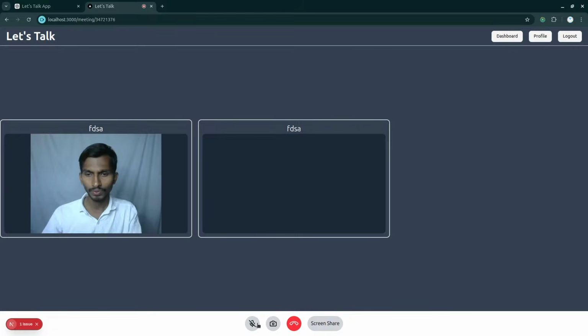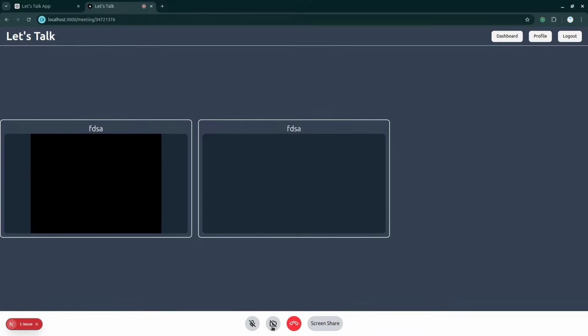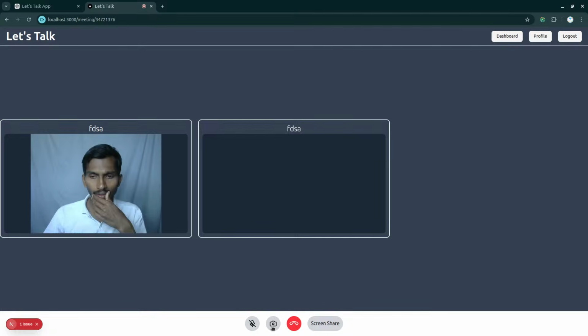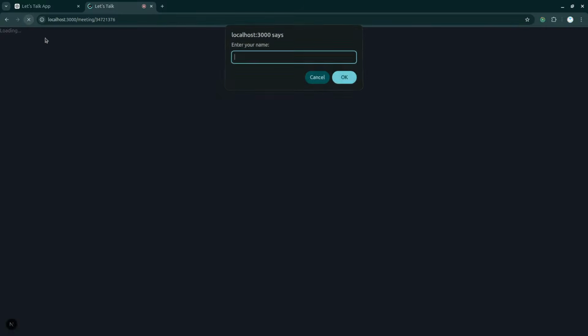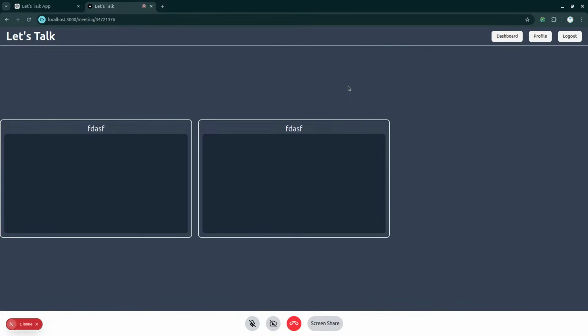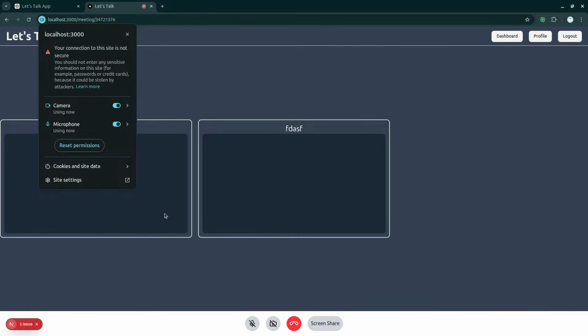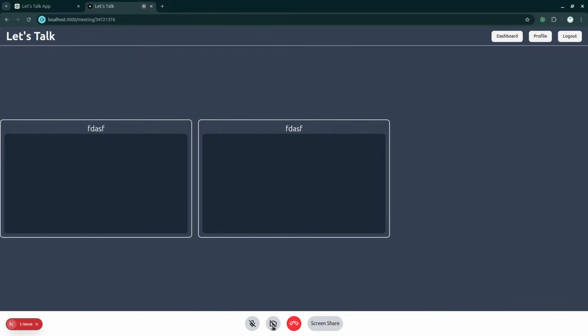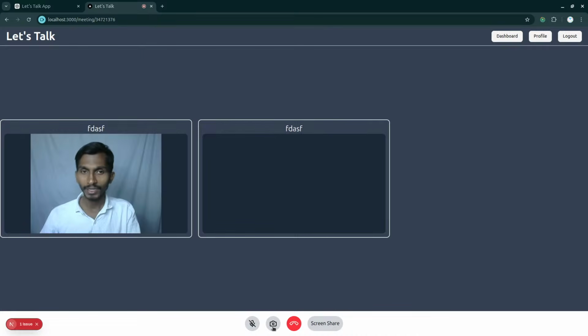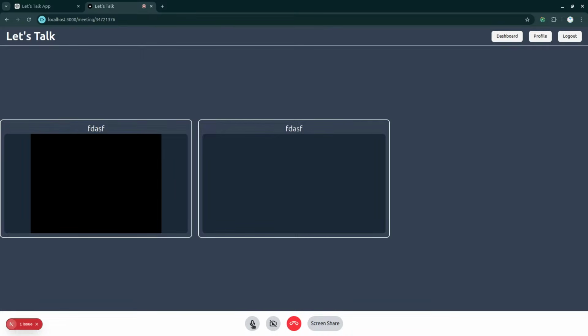It is allowed. Let's see. Hello. Okay. Reload the page one more time. The camera is being used by default, but the thing is that right now the value of it is actually really impressive. Right now I can just simply turn it on or turn it off whenever I want, and